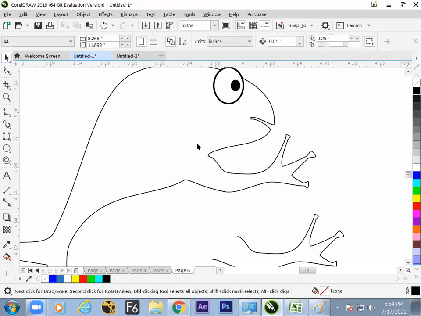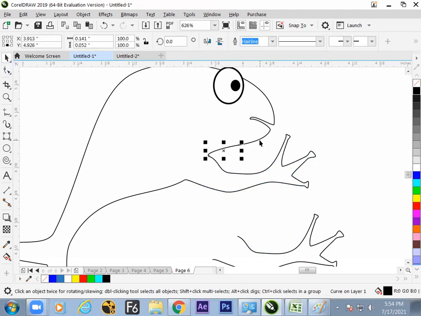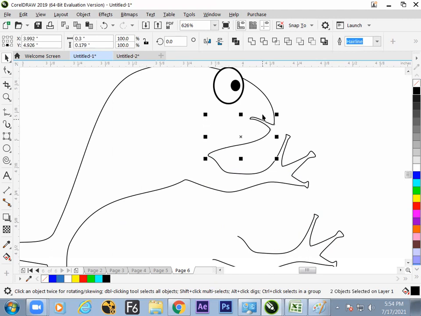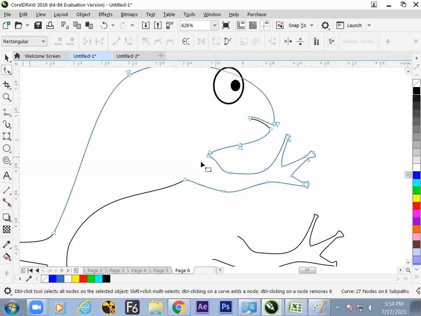How to attach? Select these two designs. Attach, combine this. And yes, we need to add those points.